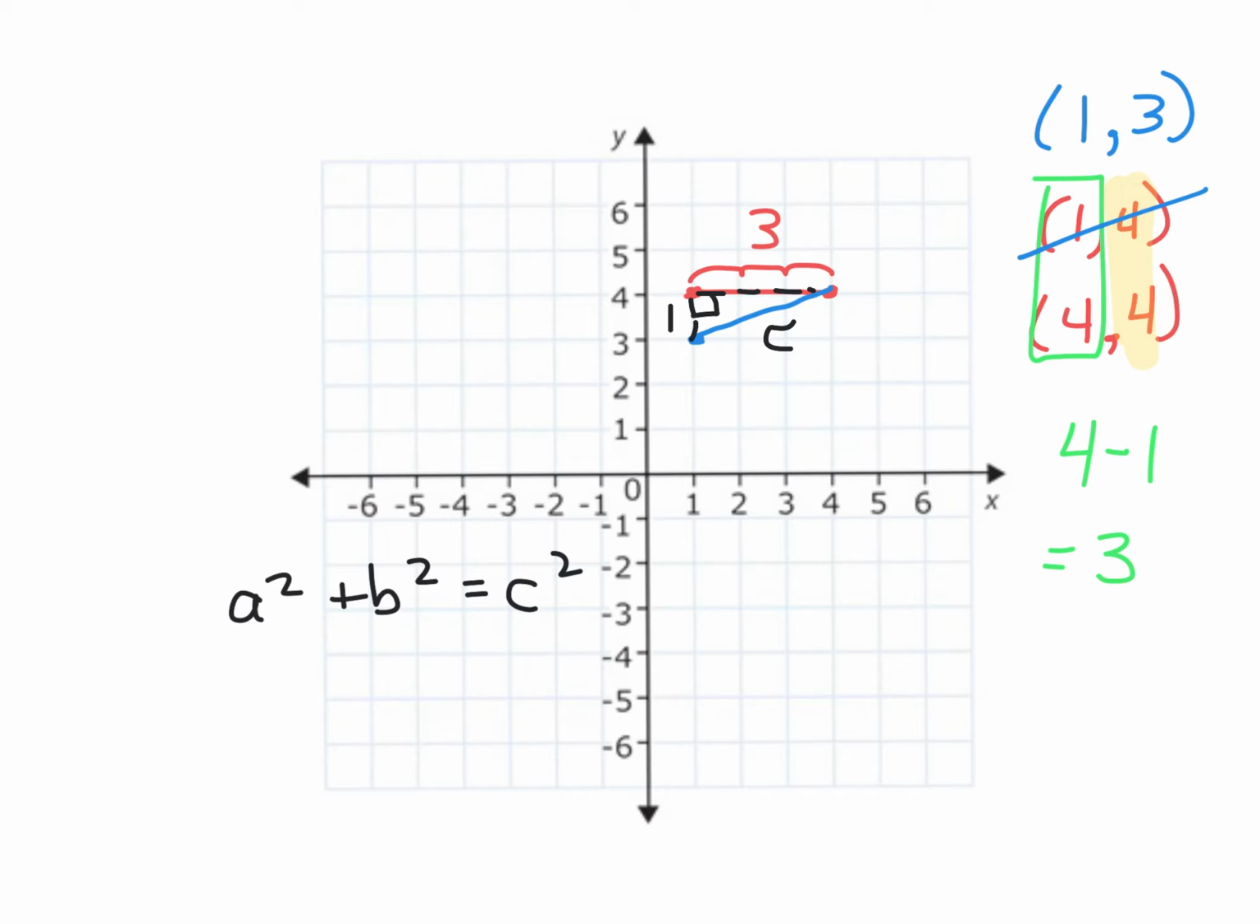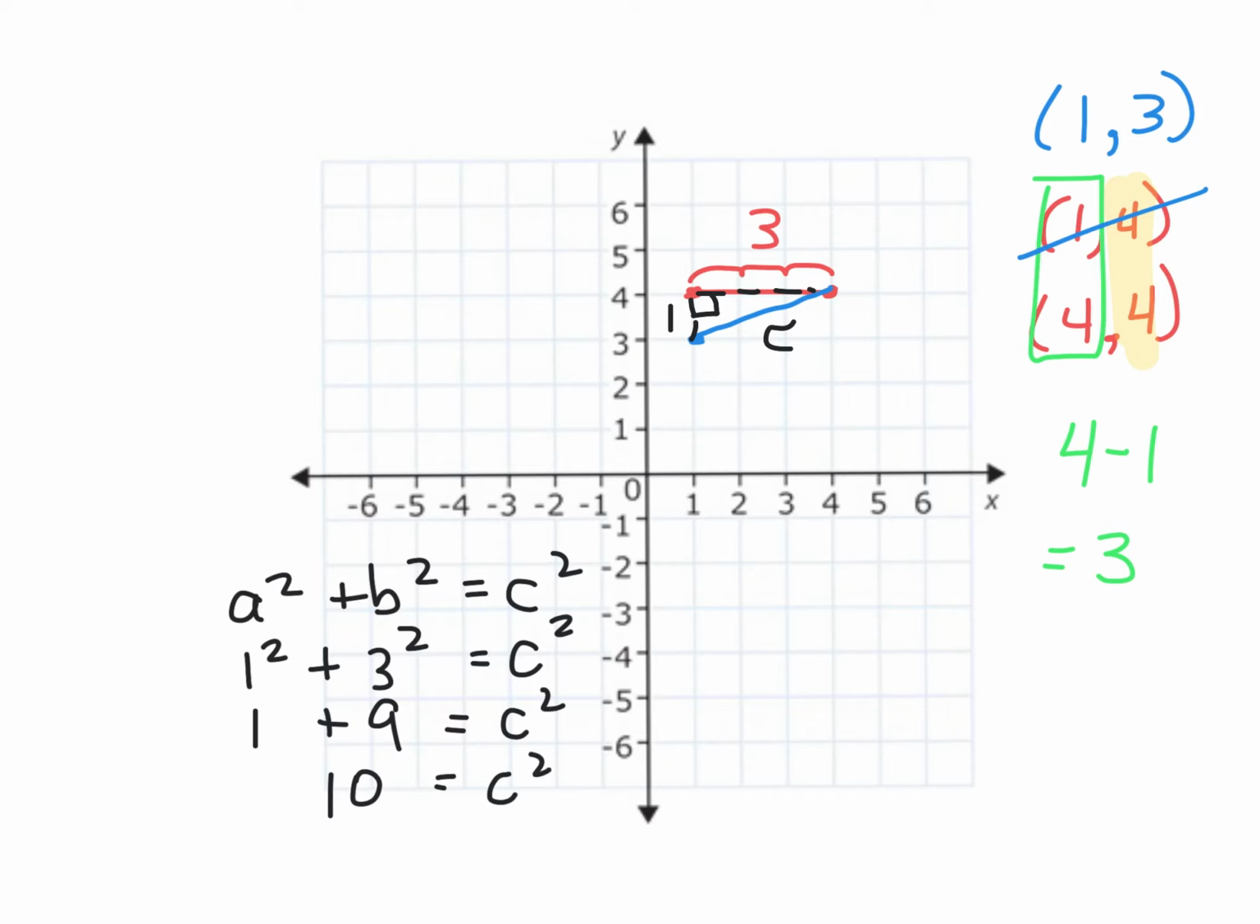I'll call A the 1 unit side, so we have 1 squared plus B, which is 3, and then squared, which should equal the hypotenuse, our missing side C, and solve from there. 1 squared is 1. 3 squared is actually 9. And we're going to solve for c squared. 1 plus 9 is, of course, 10, which is equal to c squared,